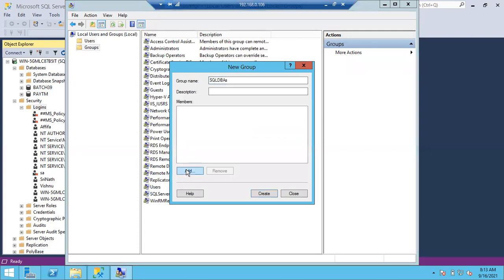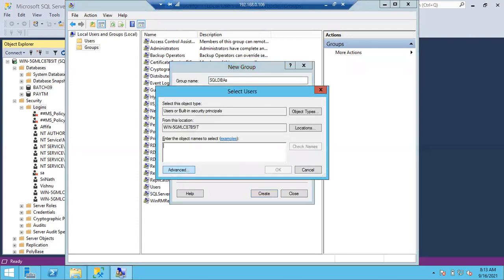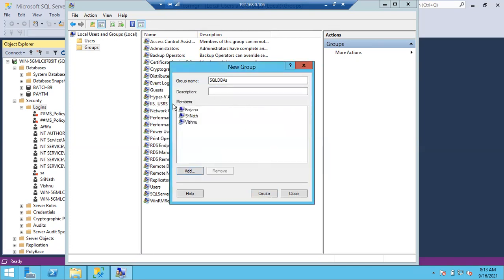Giving the group name, add. As we have already created, Srinath, and comma, who is that? Farjana, and comma, who is that? Vishnu. Just give all the names you want to add to this group. Srinath is not there, huh? Let me go with semicolon. Right, so you can see here computer name Srinath, computer name Farjana, computer name Vishnu. You can add all 3 people to this group. Like that, if 30 people are there, you can add all 30 people to this group.